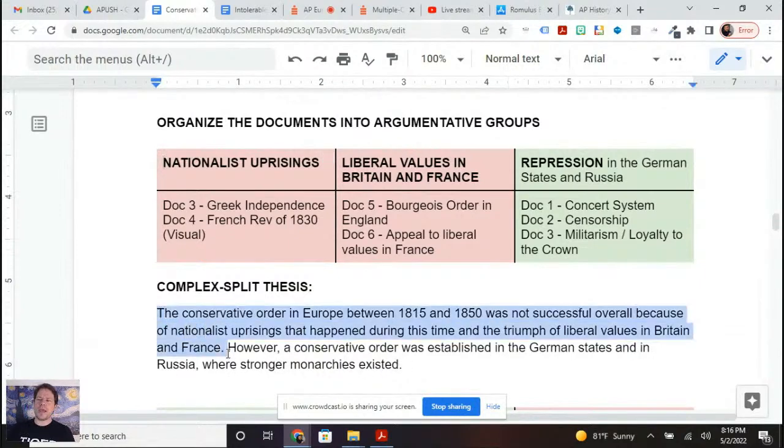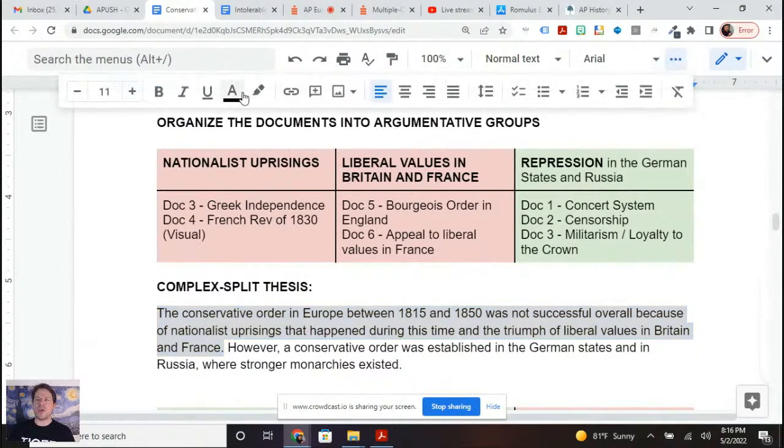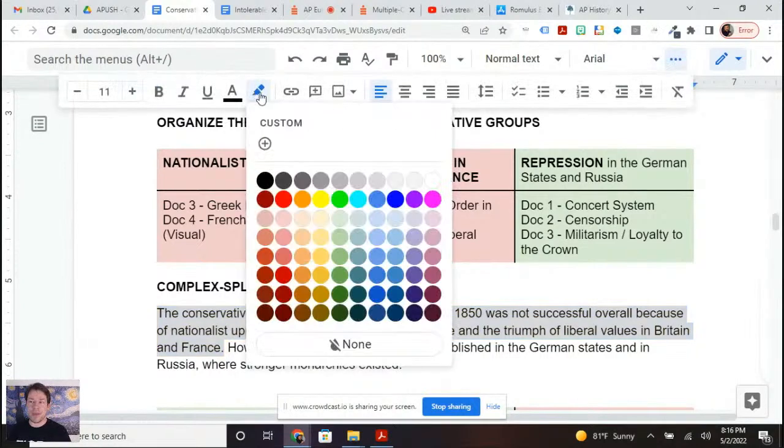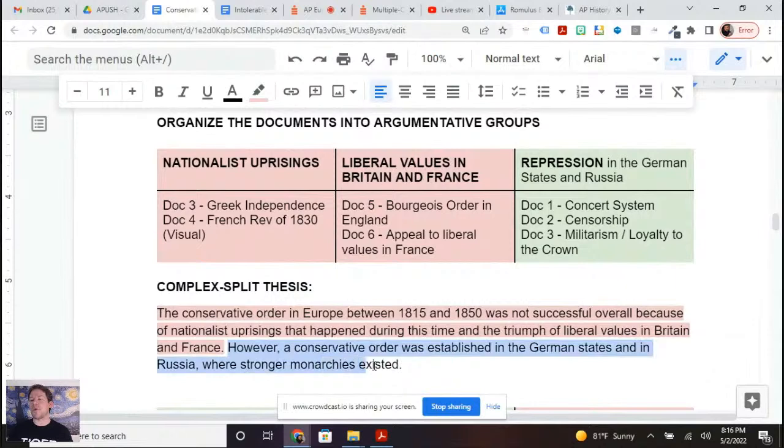So what I'm doing here is I'm answering this question. I'm taking a clear side. I'm saying that overall, the conservative order in Europe failed, in the assessment that I'm giving here. Now, of course, remember that this is argumentative from both sides. So that's what we see there, but then we're going to note here, however, that there is an argument to be made. So we're going to acknowledge that every prompt can be argued from different sides.